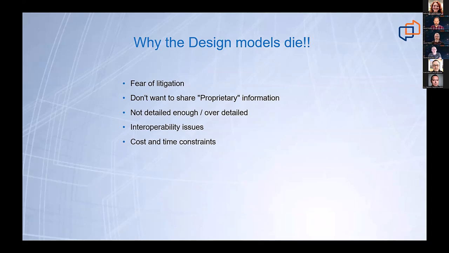We might export as IFC or export it as CAD and give them CAD files. Maybe the model is not detailed enough, or sometimes it's over detailed for what's needed. There's always interoperability issues between software, right? So Revit doesn't always talk to the CNC machines that they use to cut the ductwork and the pipe. So that has to be exported to a different program that integrates with those